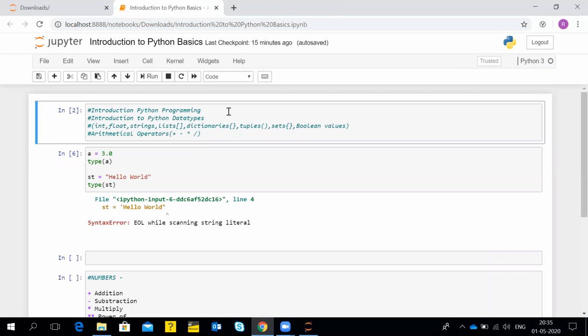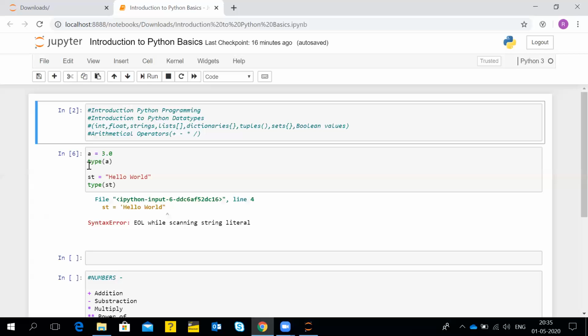So here today I will talk about the basic data types which are already available in Python. We'll start with int. Int is a commonly used integer data type which is available across all the popular programming languages.